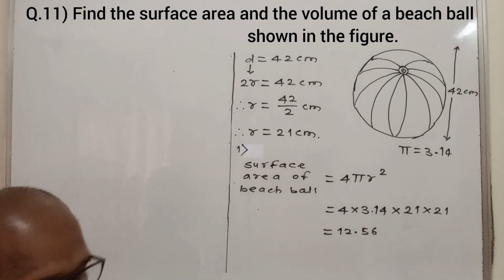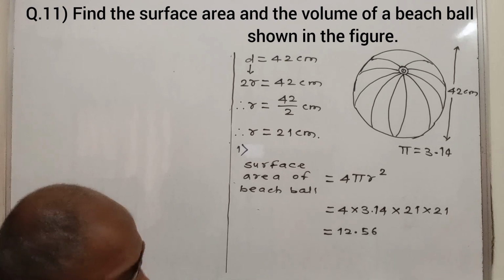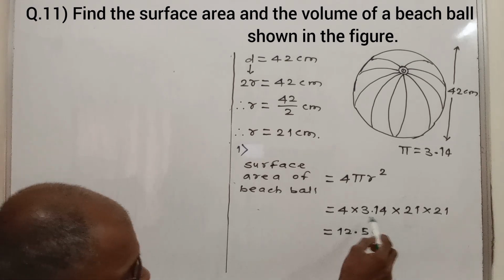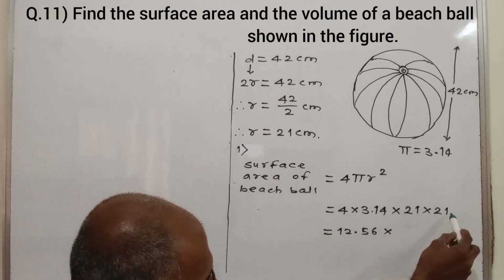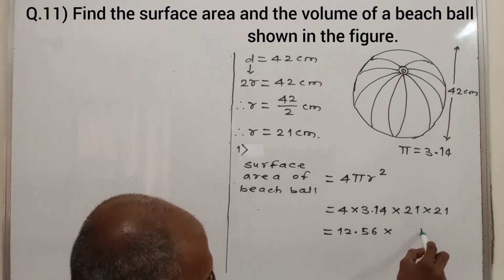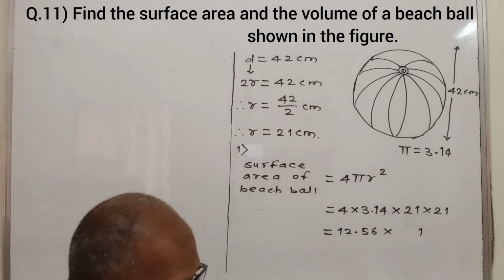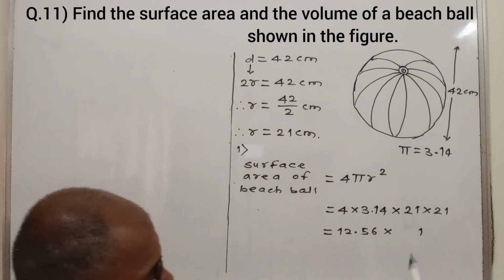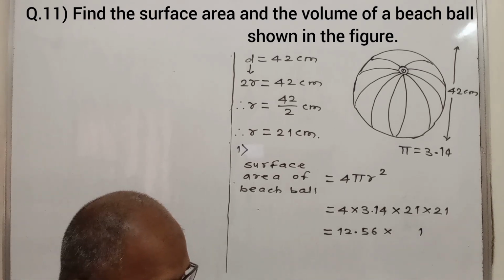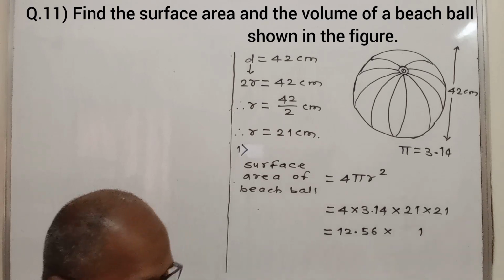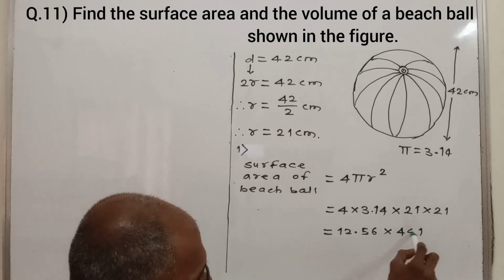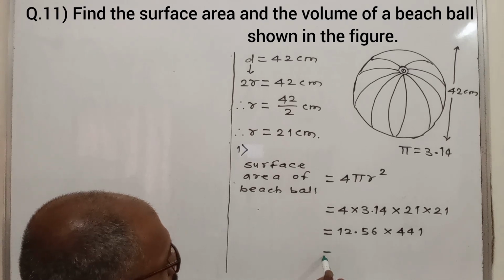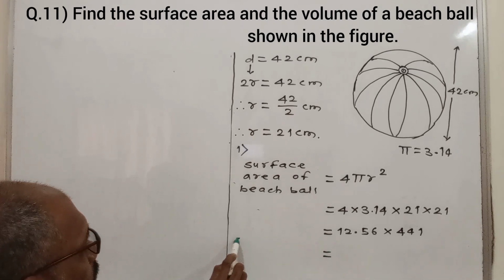314 for the 1256, into product of these two, 21 into 21. See here, 21 ones are 21. Carry 2. 21 twos are 42 and 2, 44. Then finally we write